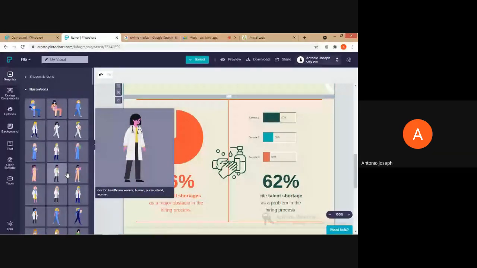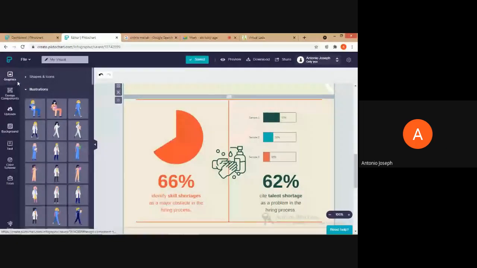What is lagging is that the picture library is very vast in the case of Canva. There is a lot of content available in Canva. So if you are looking for creating some posters for social media and all, obviously Canva will be the best option for you. But if you are looking for creating content having some information, graphical representations, or if you want to show some shapes or illustrations, then PictoChart will be a better option. And I will show some of them.